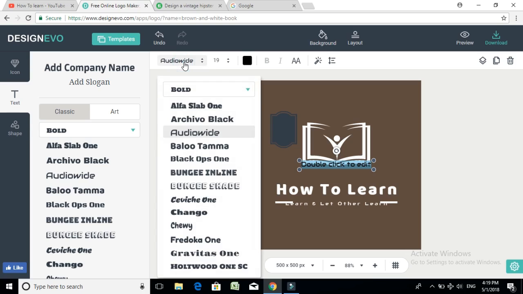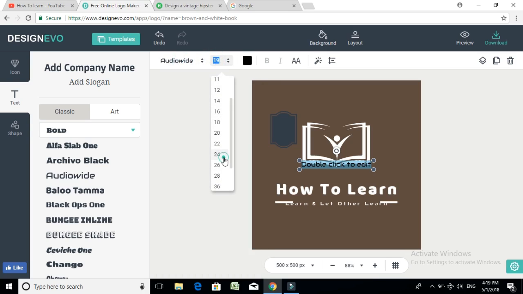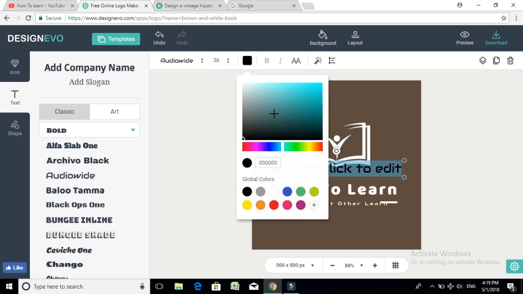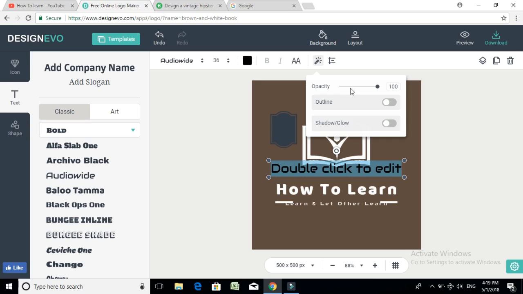selection of the font. After that you can increase or decrease the size also, 24, 26, 28, 36. You can see here, you can change the size also. You can change the color of the background. You can select any color if you want to select. After that you can click on bold, italic, or uppercase. Now click on effect, outline, shadow and glow. You can see here how much will be the